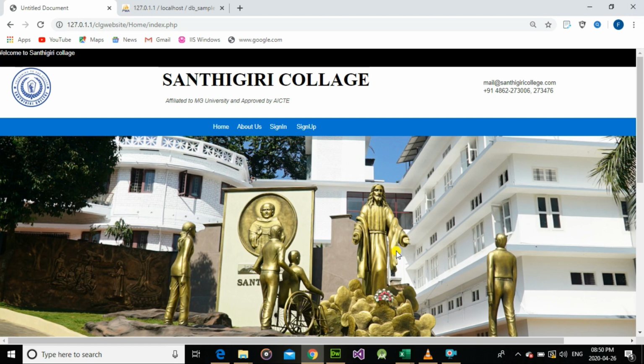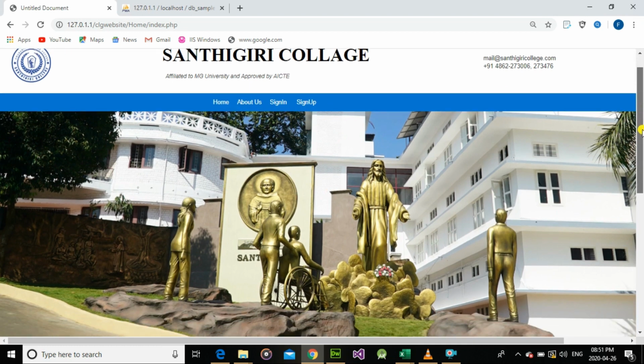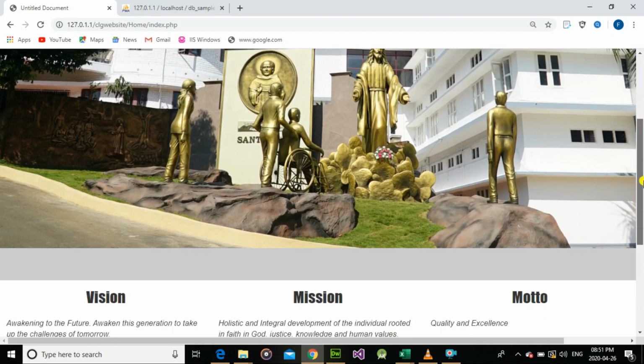So look at this website. Here, this is the homepage of our sample website. We can see the header portion, which includes certain links such as home, about us, sign in and sign up. We can also see a banner image for this template, followed by some contents.